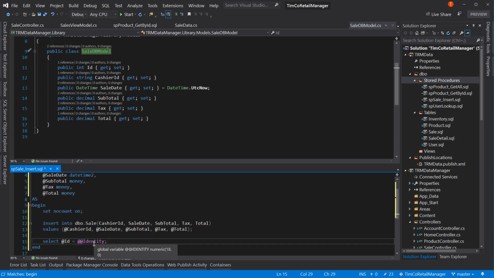What that does is it grabs the last identity that has been created inside of this transaction. And since a store procedure is a transaction to itself, that's going to be